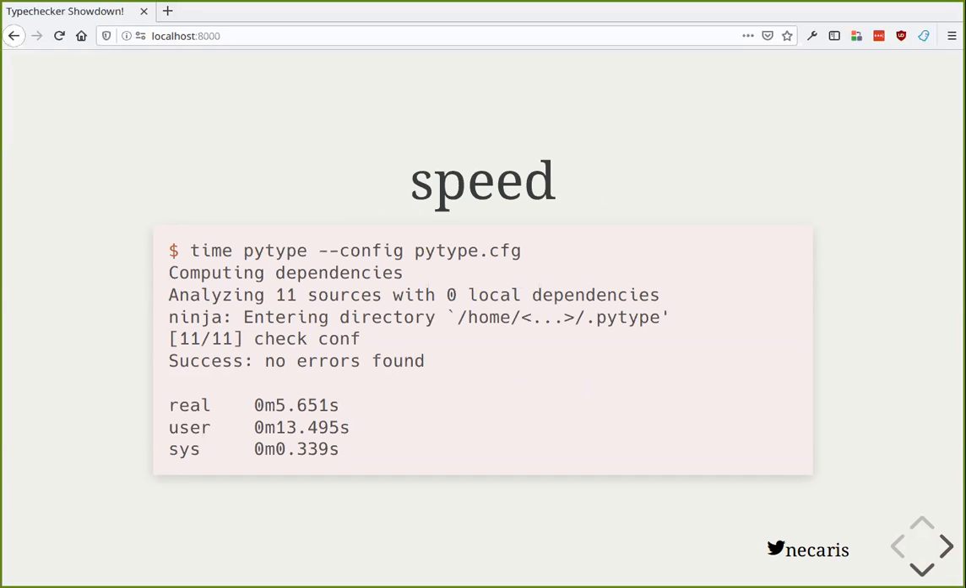So that's by far the biggest issue that I have. On this small project, it's slow enough that if I had to run this afresh every commit, I would be really annoyed. This takes almost 6 seconds on a relatively small project. It does have nice incremental checks, so subsequent runs are faster and well under a second, but